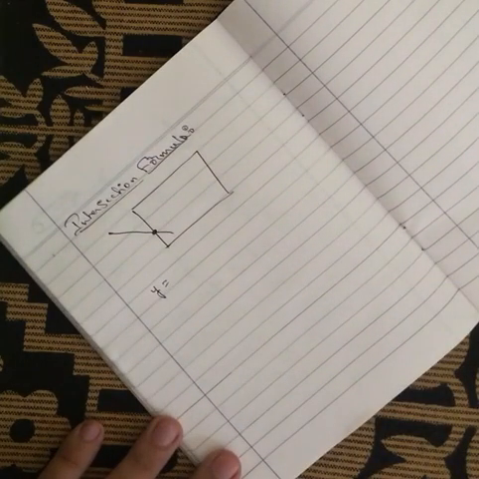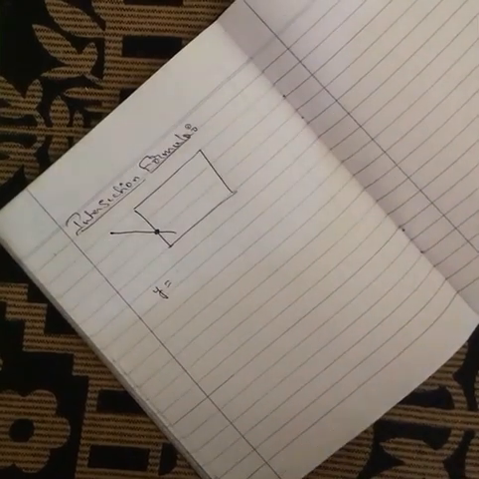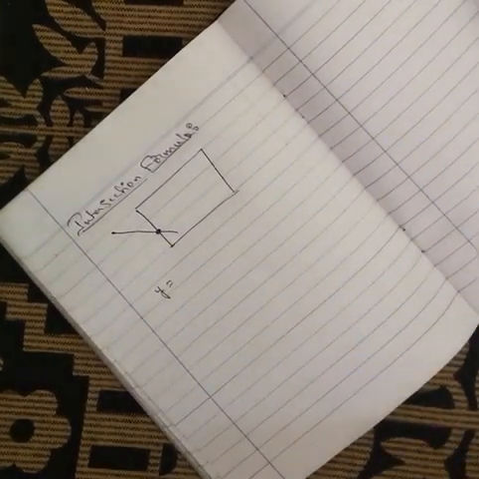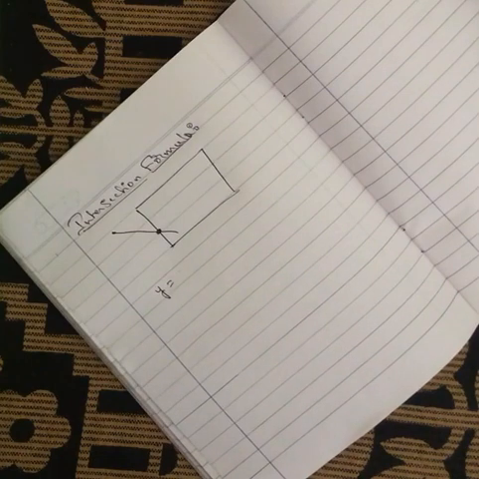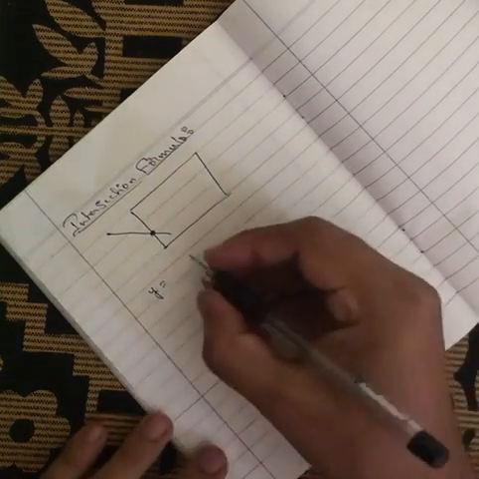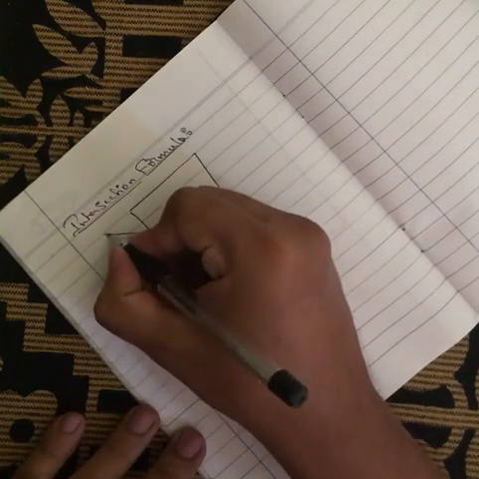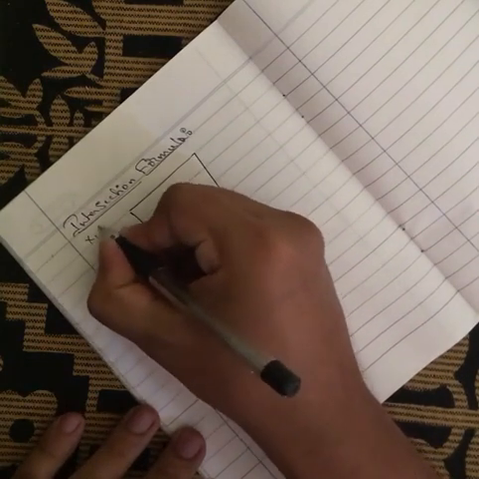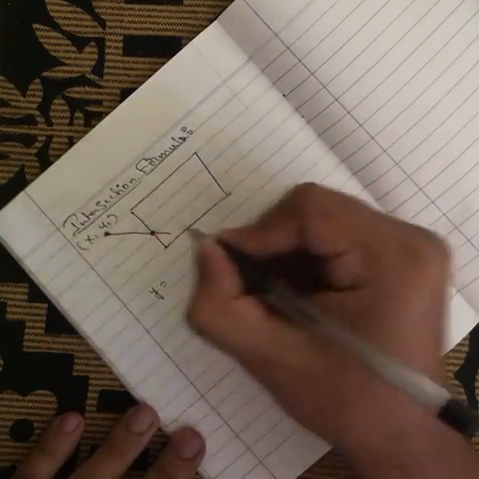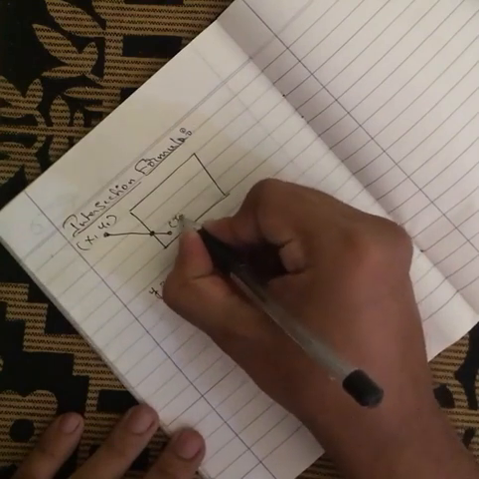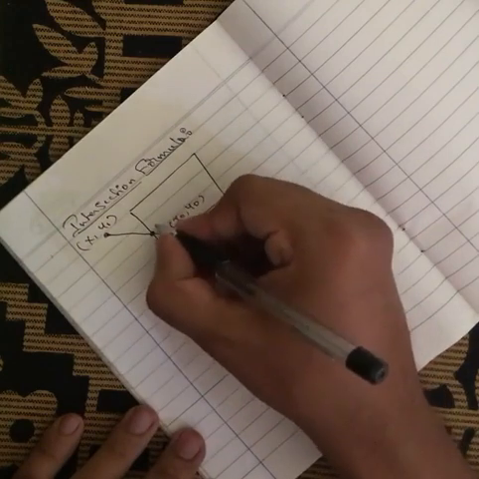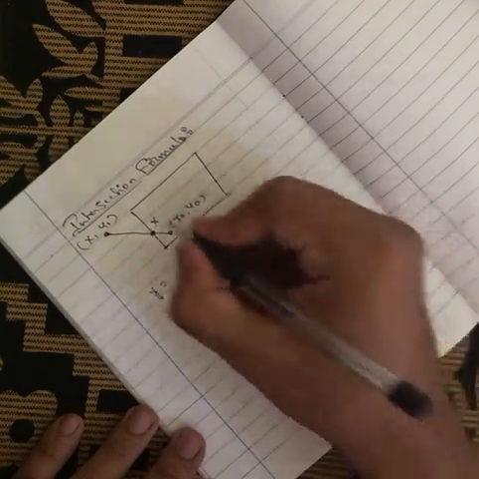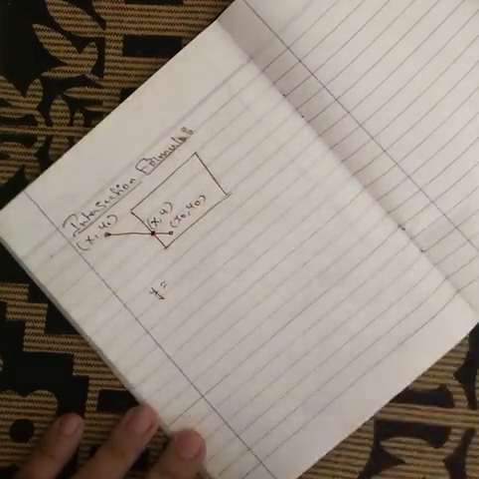Wait, is this the intersection formula? I have a confusion with this. Let me just check it once. Intersection formula, y can be given as, if these are the points, we have x1 y1 and we have it as x0 y0. You can call them x1 y1, x2 y2, anything is fine. Or x comma y is the intersection point.